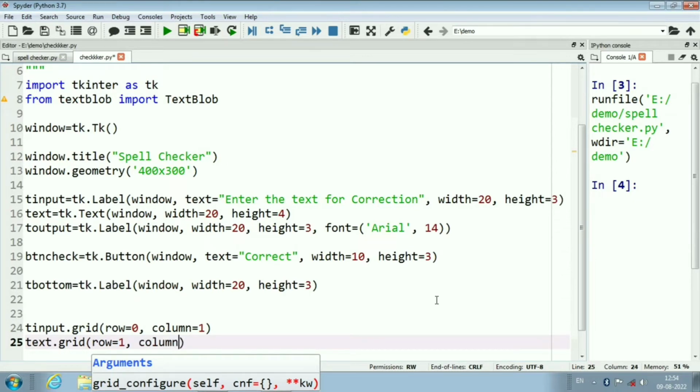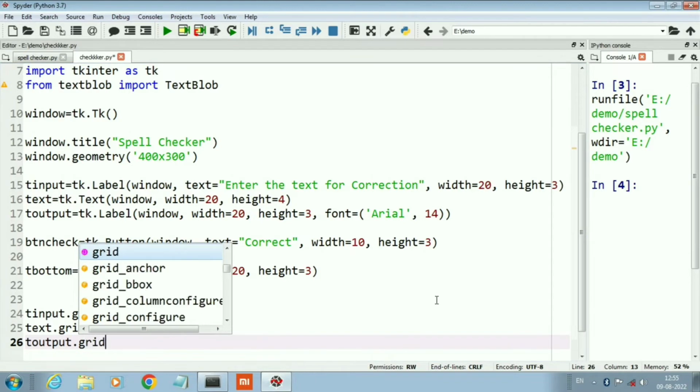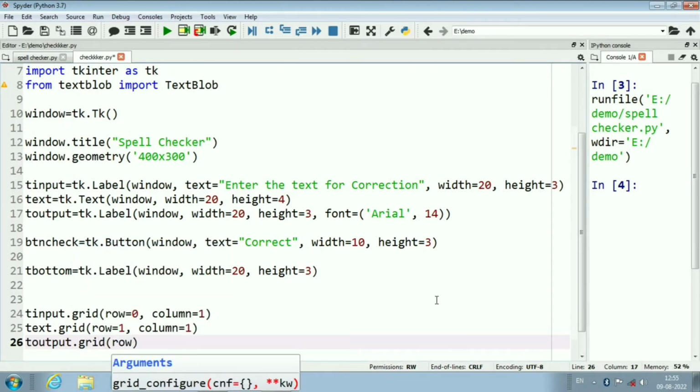Second component is our text box. Here we will write row 1 and column 1. It means the second line: first line is row 0, second line is row 1 and third line is row 2, like this.